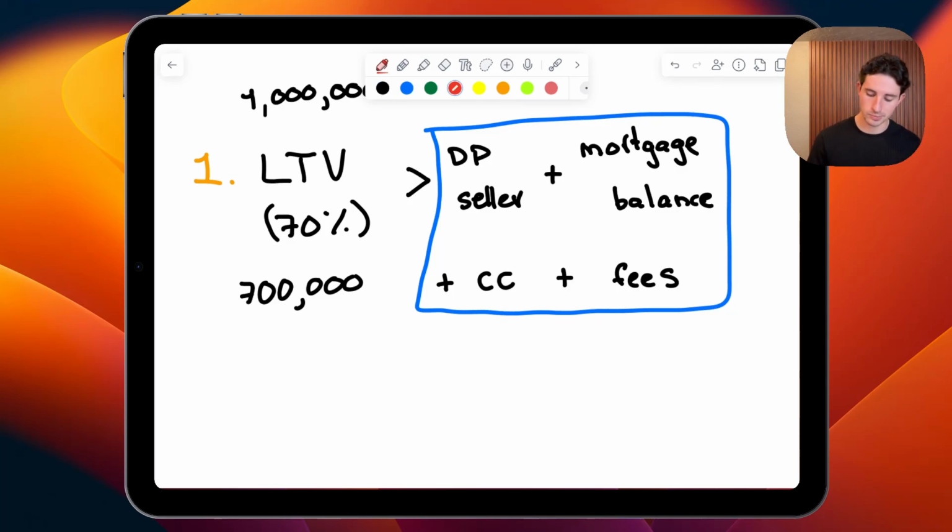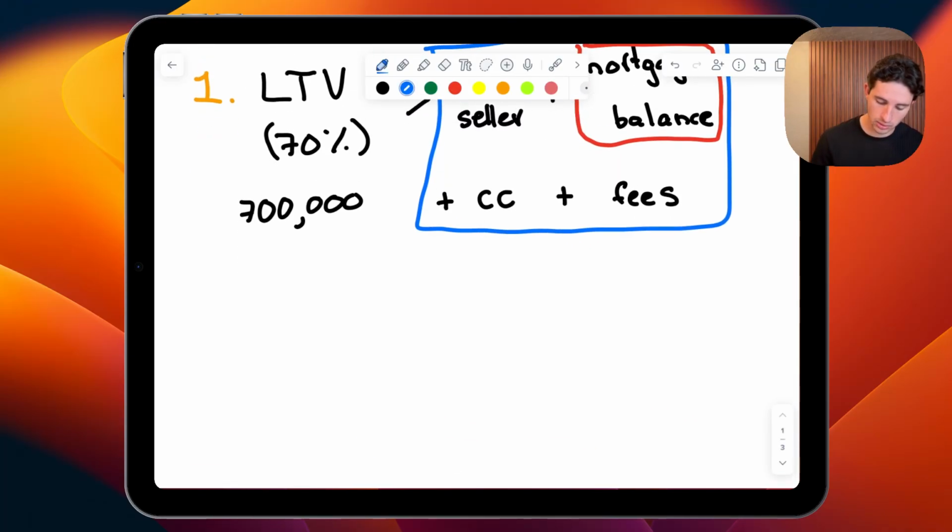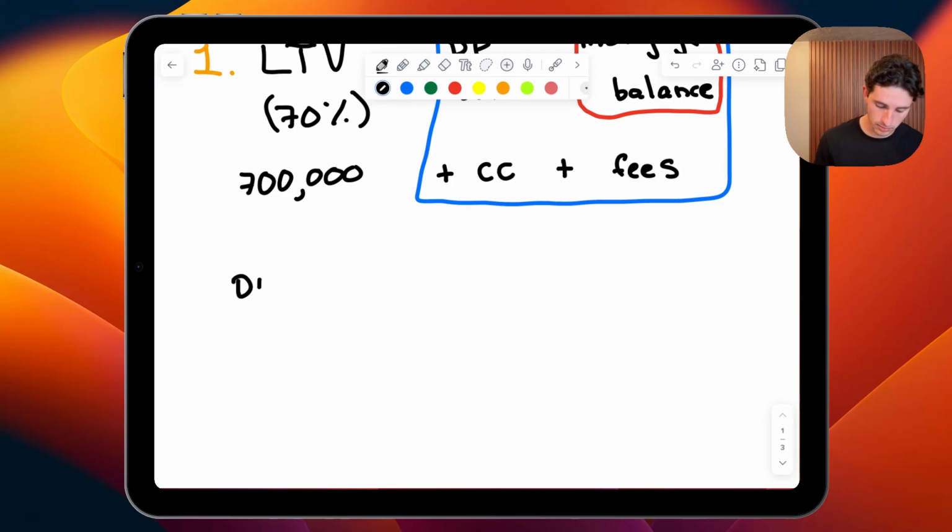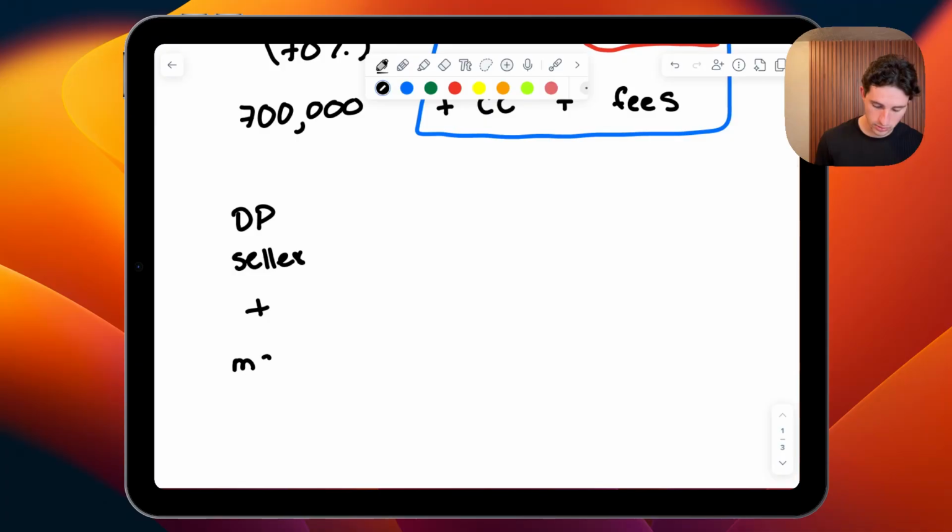Now, what I suggest: when you see people offer 50% down payment to seller, the reason is that it's free and clear. There is no mortgage. So the more they owe on the mortgage, the less down payment to seller you can offer, and vice versa. If it's free and clear, you can even offer up to 60%. So what I like to see is, between down payment to seller plus mortgage balance, a max